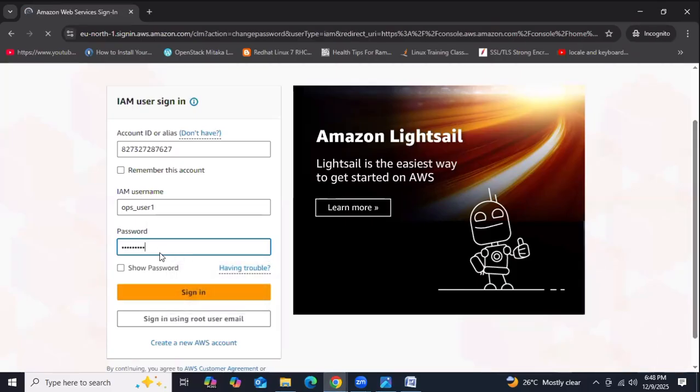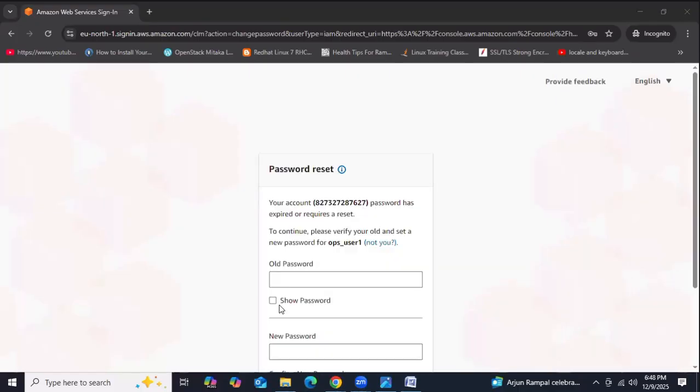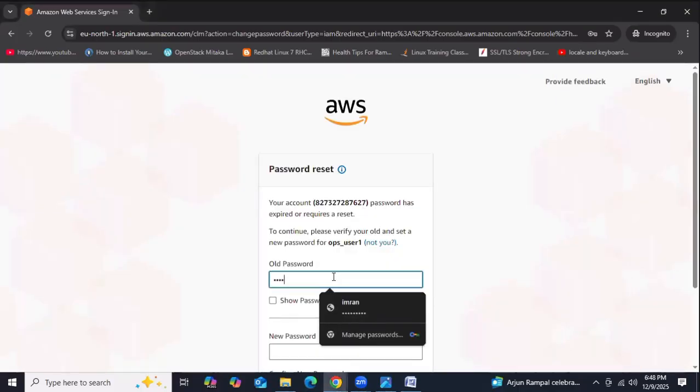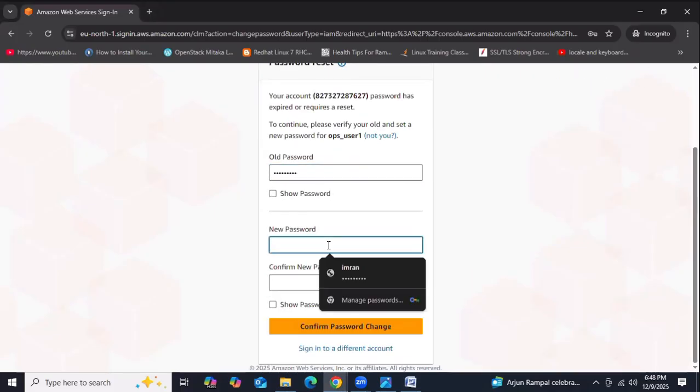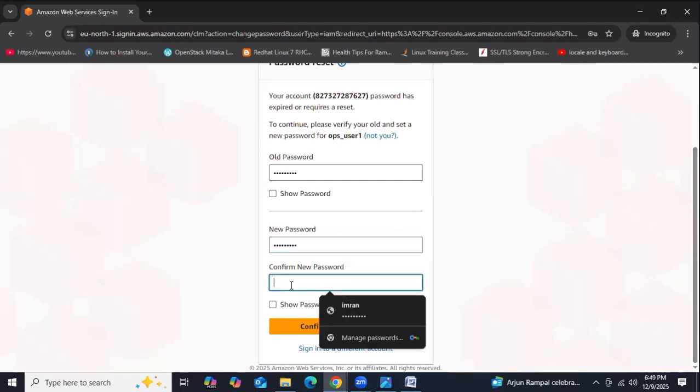It is going to ask us to change the password now because we didn't disable that policy. Got it, guys? So now we need to provide the old password RHEL at 1234 and then a new password. I'm providing one new password.